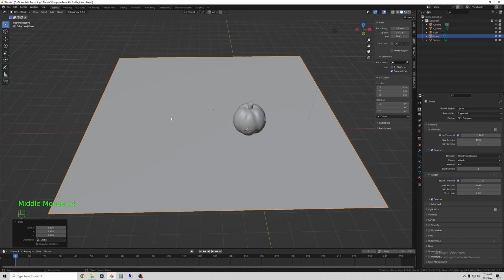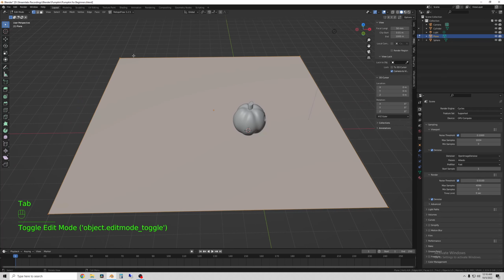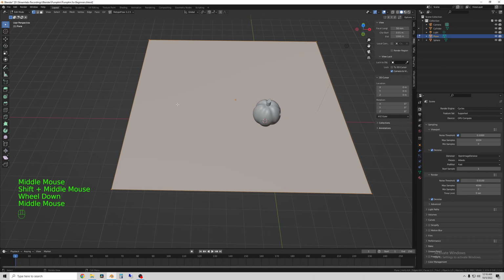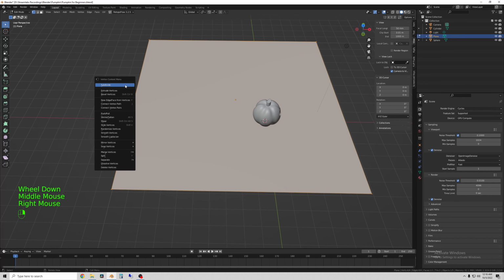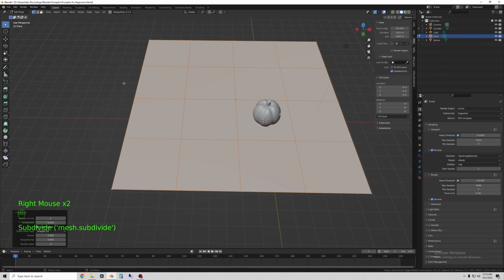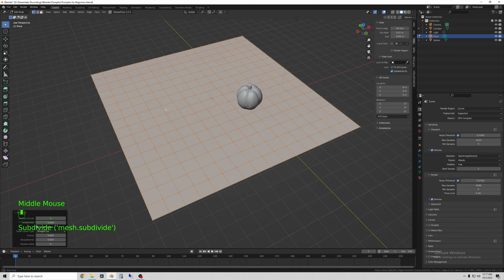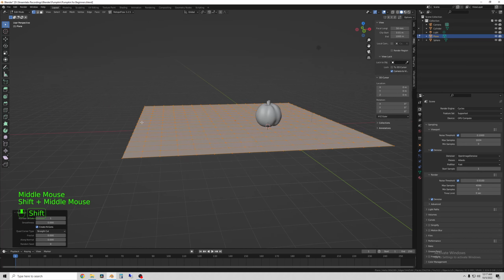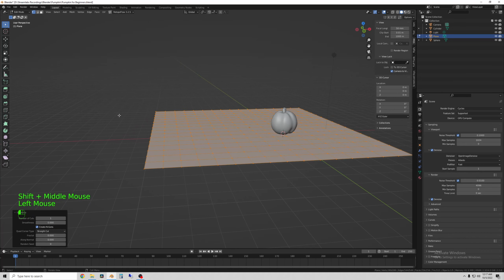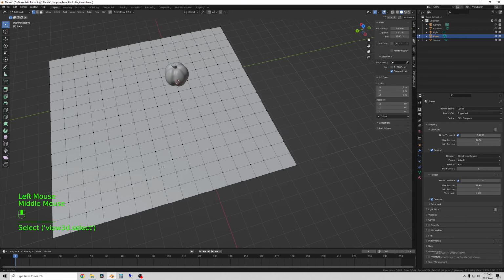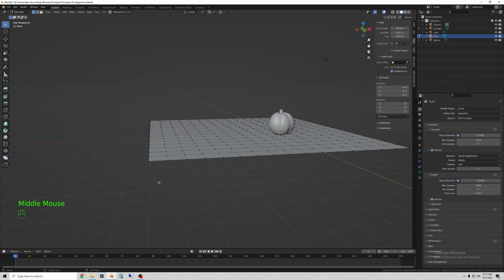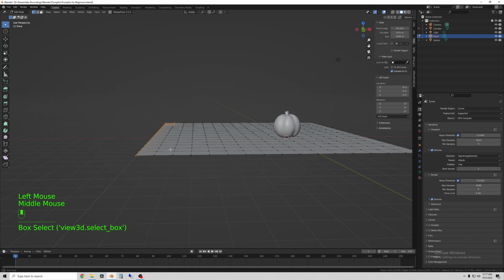So with the plane selected, go into edit mode. I just use Tab, and then we'll subdivide it a couple times. So right click, subdivide, right click, subdivide. Go as many times as you think you need to. I'm going to go maybe 4. I think this is enough detail. So basically what we're going to do is build a backdrop. So now we're still in edit mode. Select the vertices on the back of the plane here,